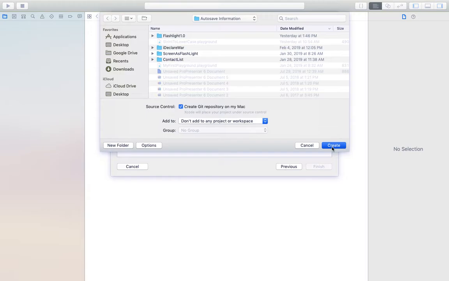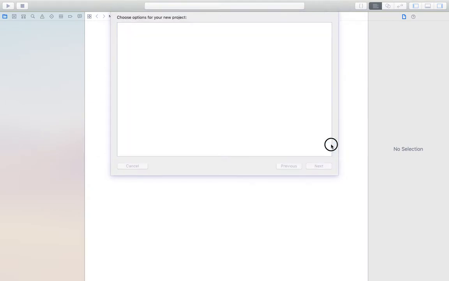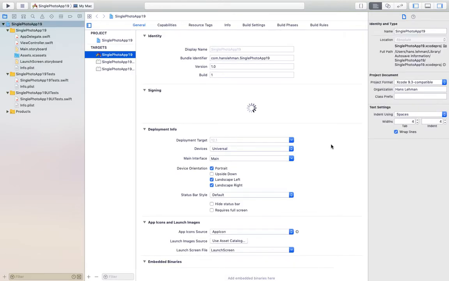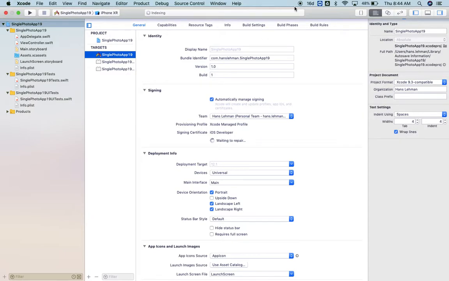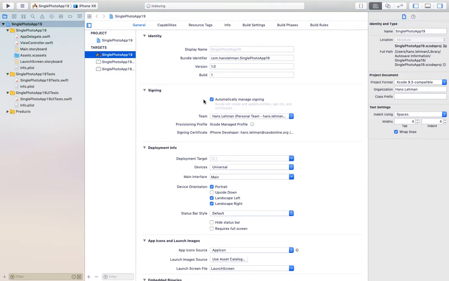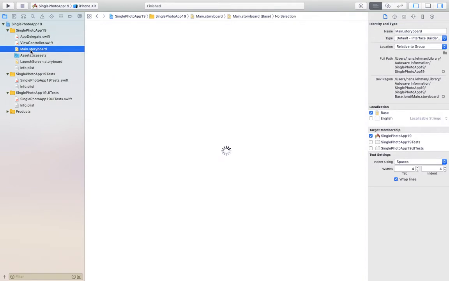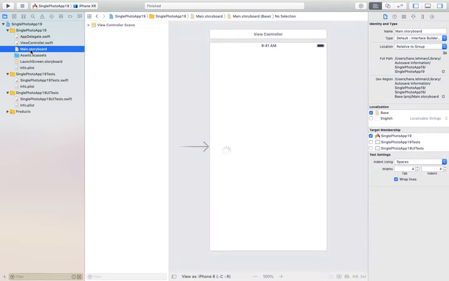and I'm going to wait for Xcode to open the project. And again, I'm letting Xcode do its thing. Okay, I'm going to open up the main storyboard of the project,